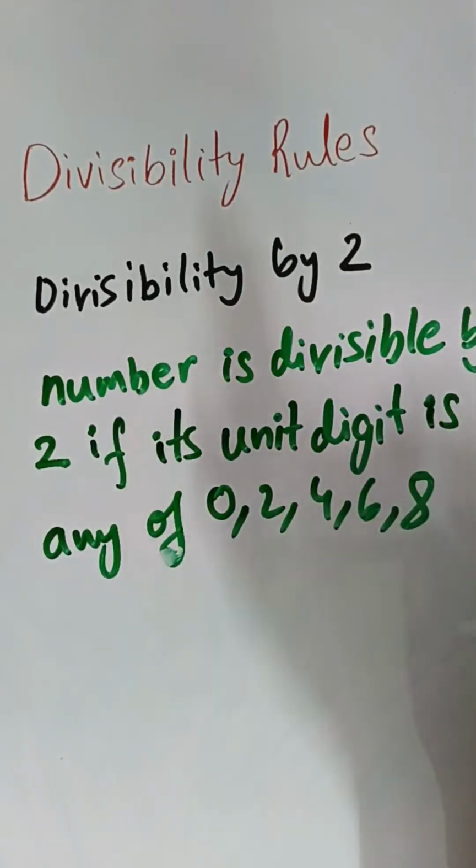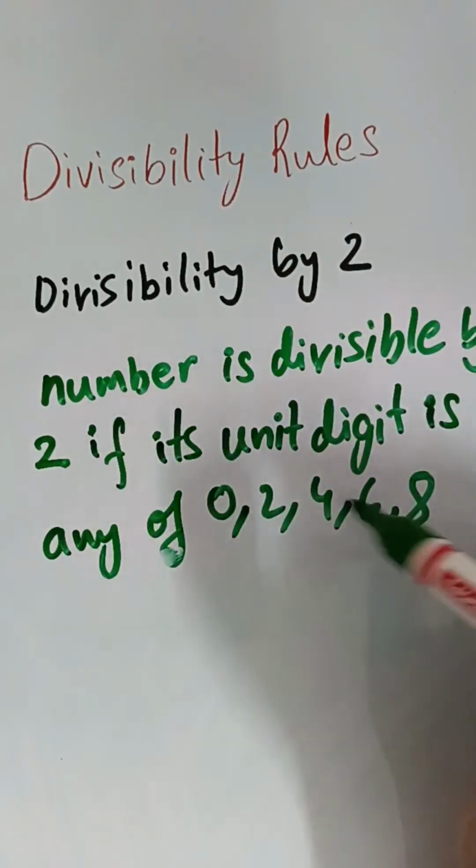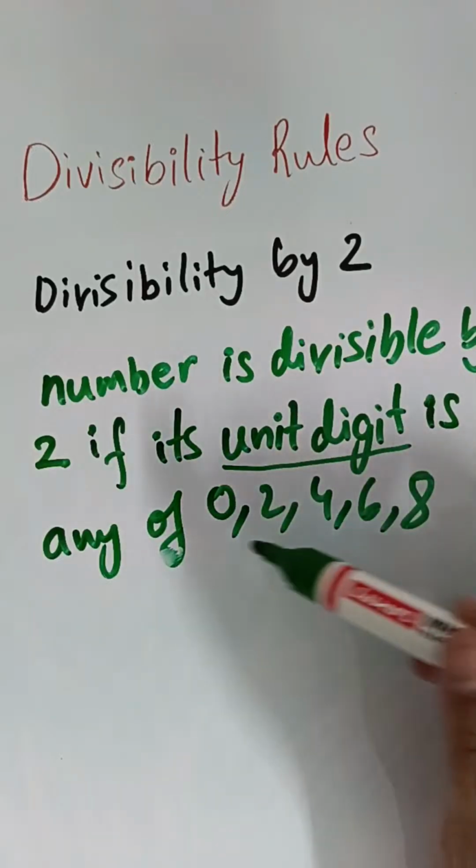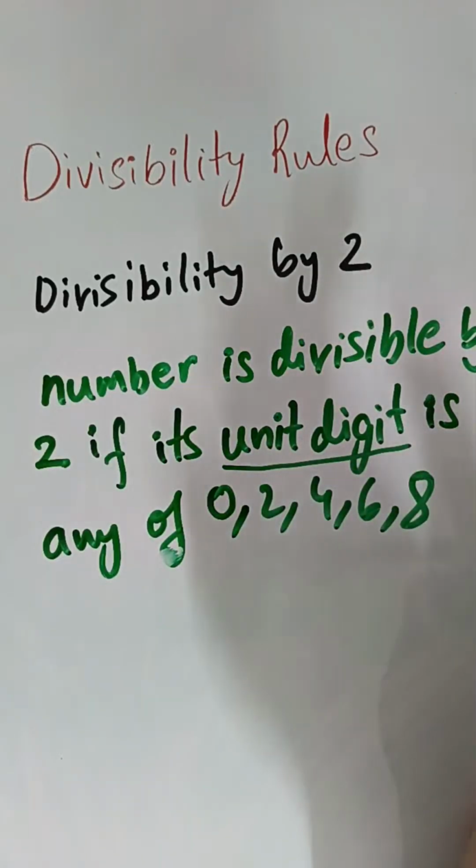A number is divisible by 2 if and only if its unit digit is 0, 2, 4, 6 or 8. Okay,